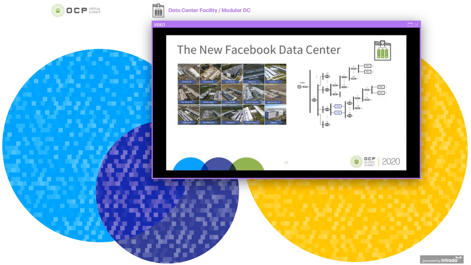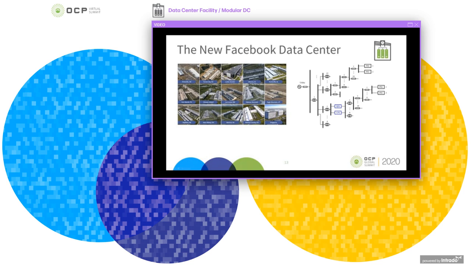The new Facebook data center is required to comply with these new impedance specifications. To the left, there is a picture of the Facebook data center lineup, and to the right, there is a one-line diagram of the data center electrical system. So for every component in this system, from the input transformer or PTX to the switchgear, the cable, and all the interconnections down to the power supply, we have imposed impedance specifications for all of them.